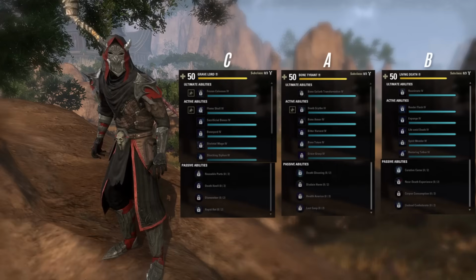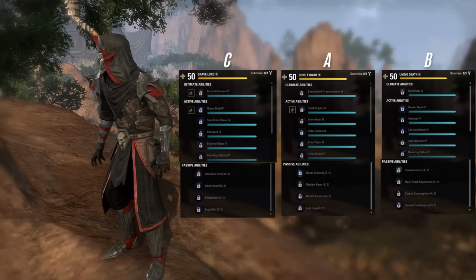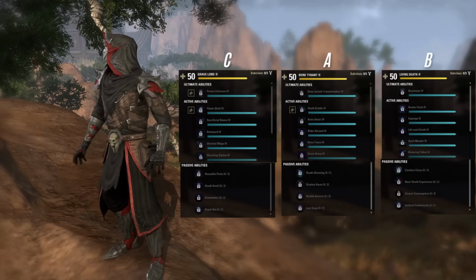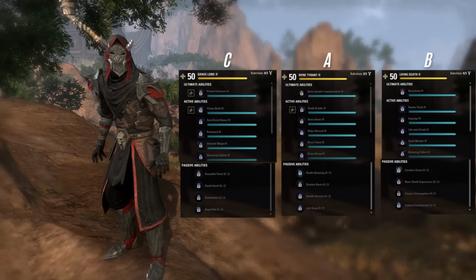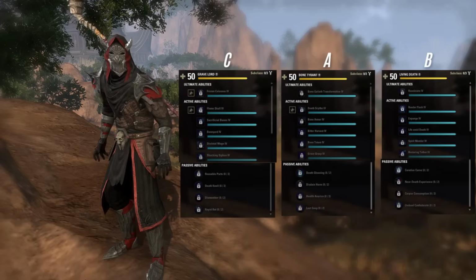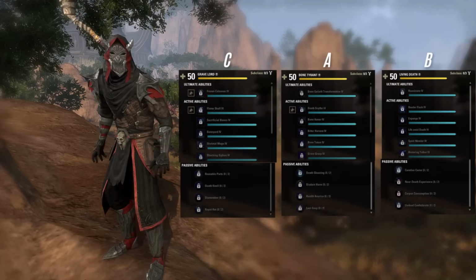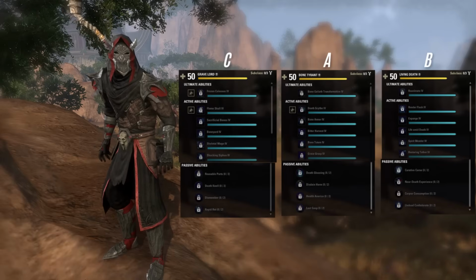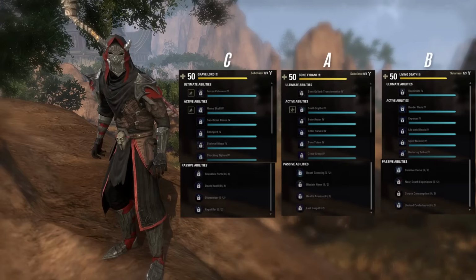And next we have Bone Tyrant, and while the majority of this skill line doesn't really offer a whole lot for healers, what it does offer is the Necrotic Potency skill, which offers some of the highest ultimate generation in the entire game. Considering how prevalent ultimate-related builds are in the current healer meta, this skill line is very versatile for any build related to generating ultimate, and that's why I'll be putting it in the A